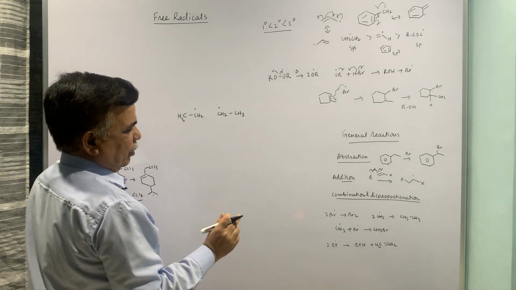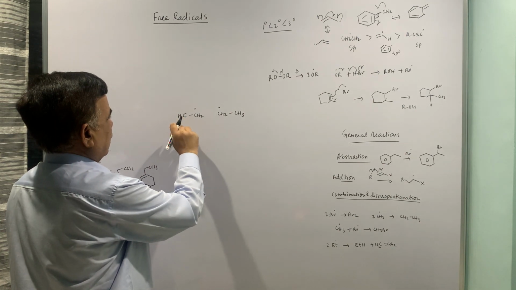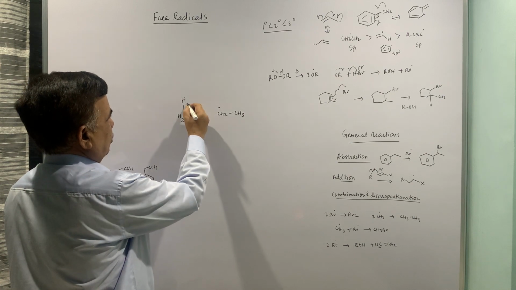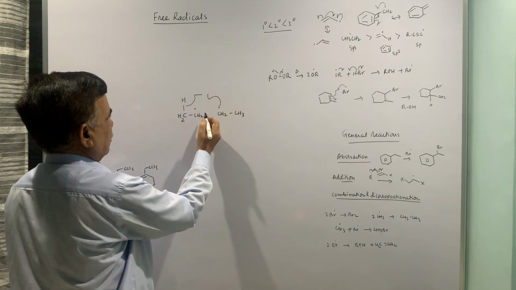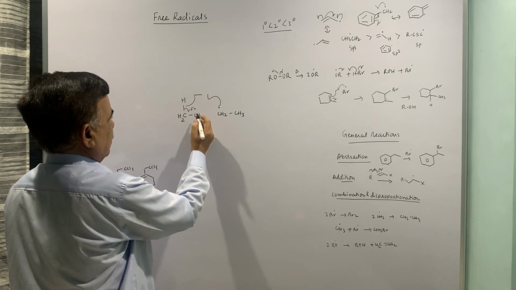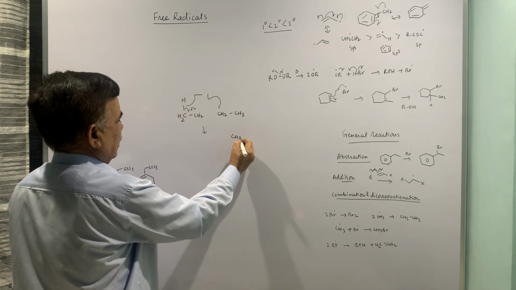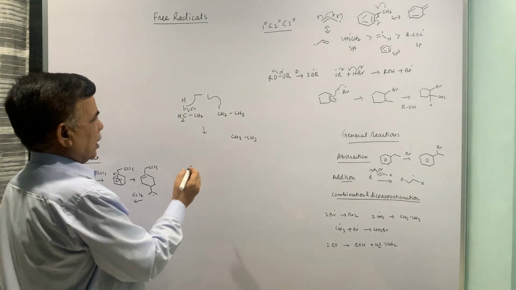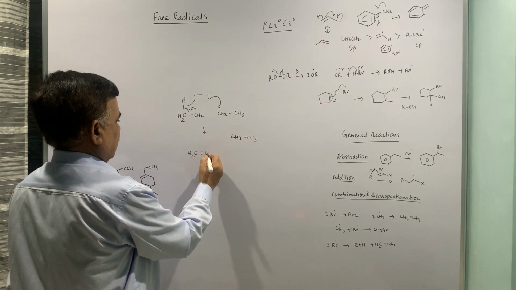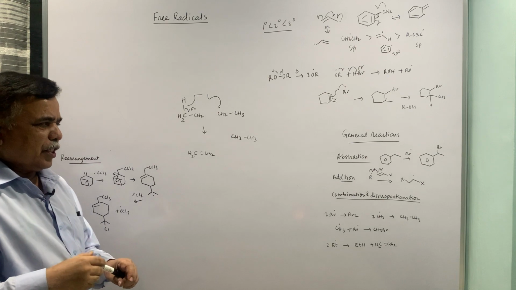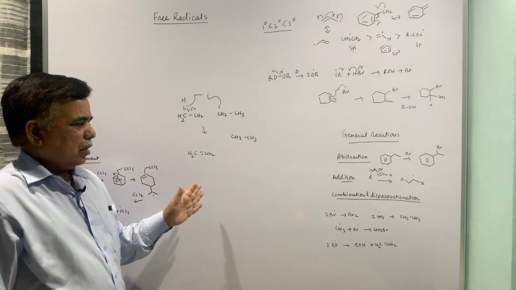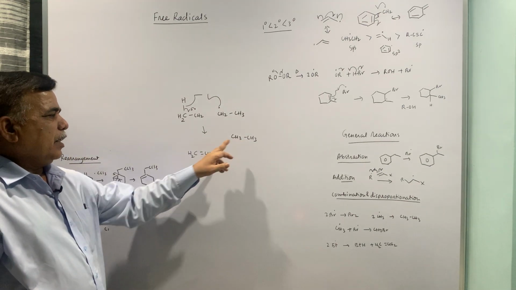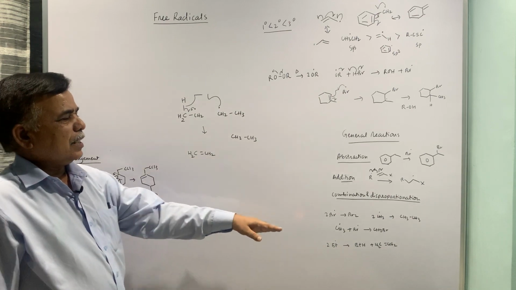Now we know that, I'll just put H here. So if this H combines with this, this molecule becomes ethane because it is getting a proton which is necessary for completing the octet of carbon, and the other part becomes ethylene. So this is known as the disproportionation reaction. One is gaining a proton, the other one is losing a proton. So one is forming ethane, the other one is forming ethylene.